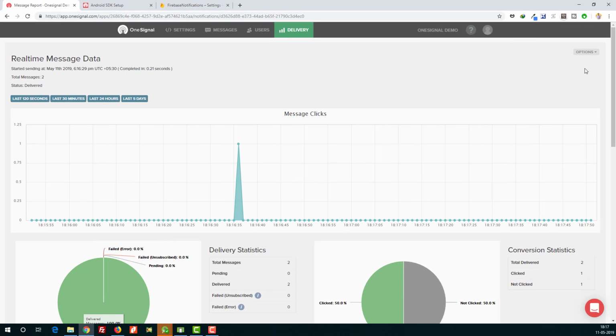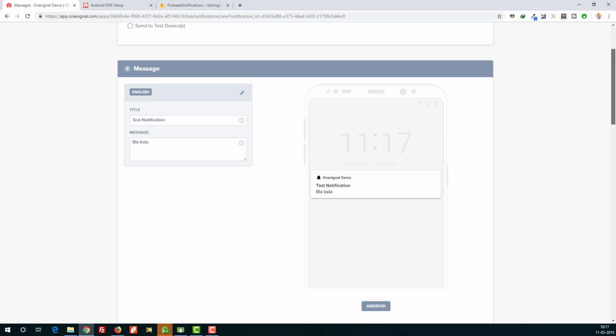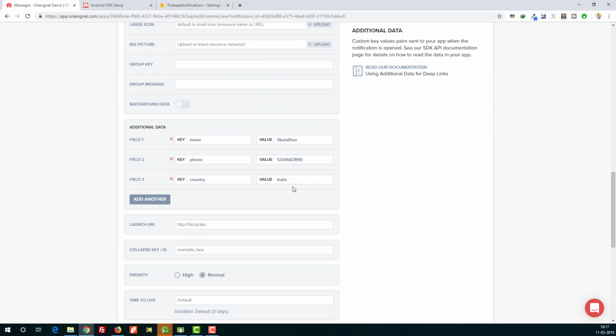We'll duplicate this one and change the name to Karthik again. 12345 9876, and 0. Country to Bharat.